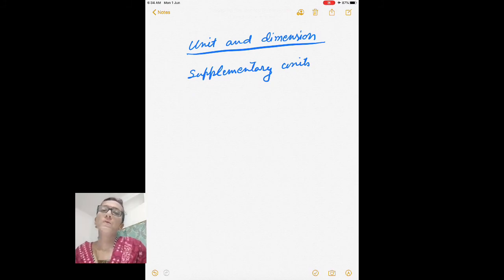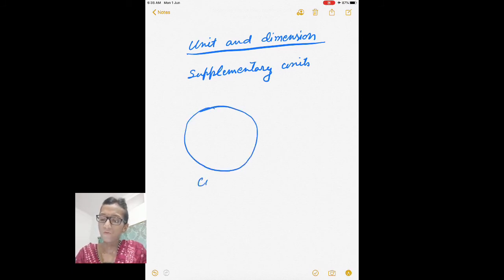Today in the lesson on units and dimensions we will take some topics, and the first topic is supplementary units. So let me take the ratio of the circumference of a circle and its radius. And we know that the circumference of a circle is 2 pi r. So when you divide,